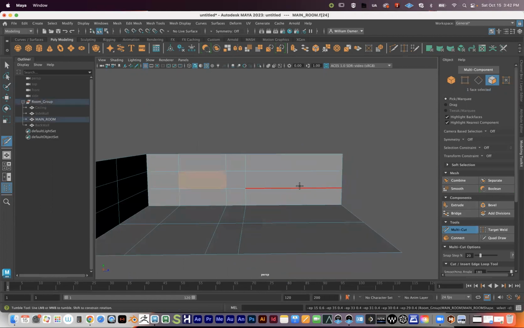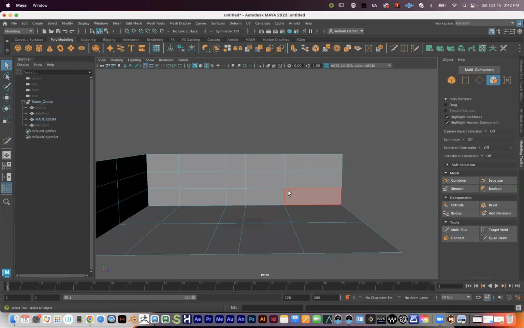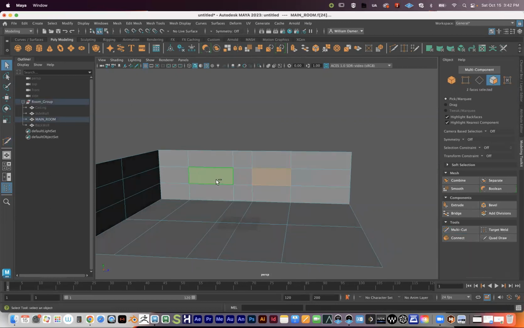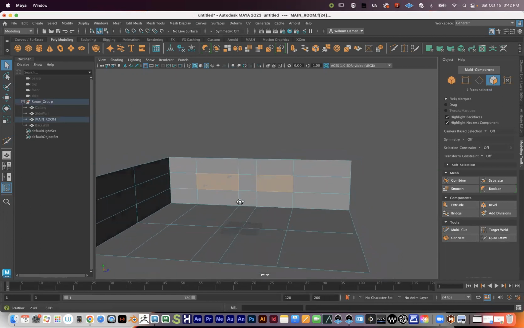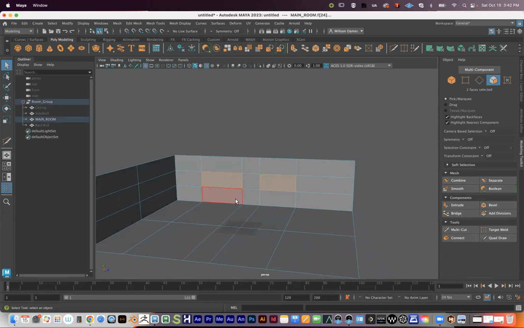And let's go ahead and make these even, if I can. All right, I'll need to do that by eye. That's okay. So this is going to be a window. That's going to be a window right there. And before I even delete out those faces, which we are going to do eventually,